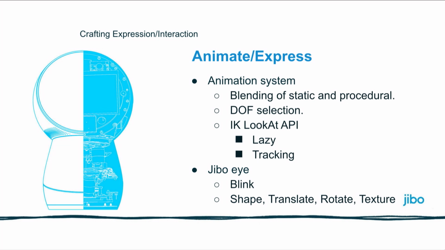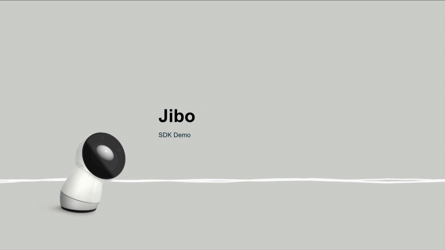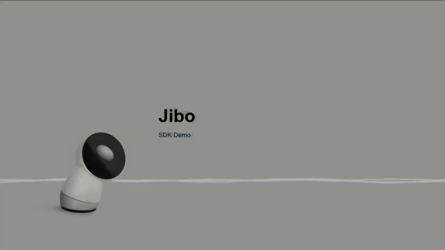And there's different ways of doing this. He can do it lazily, so he can move his eyes first and then his head, or he can do a more tracking mode where he's targeting in. And then other animation things that we built in, like blink. You can shape the eye, translate it, rotate it, texturize it, etc. I'll show that later. Cool. So enough about the features. I would like to show